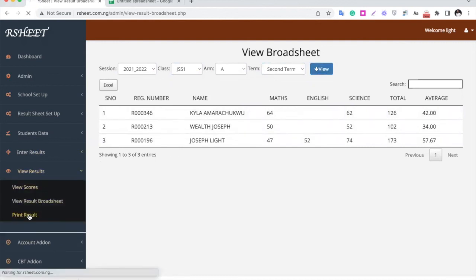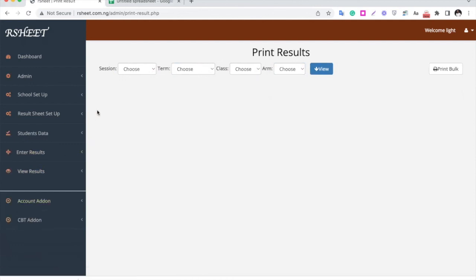You want to print result. This is where you come to. As an admin, you can print, or a teacher, you can print results. All right, you come here and click on print. You're going to see a different look from the one of a view right now. Then you select the terms, the class, and the arm. Then you click